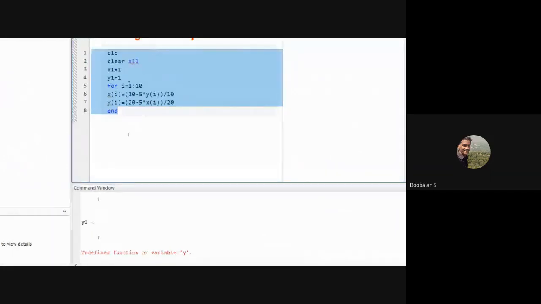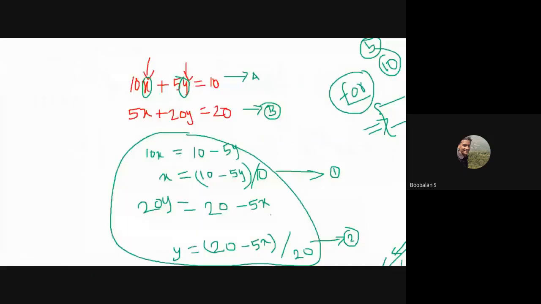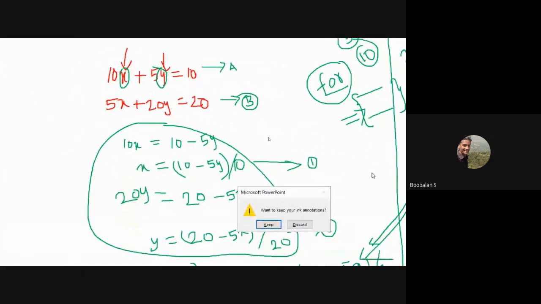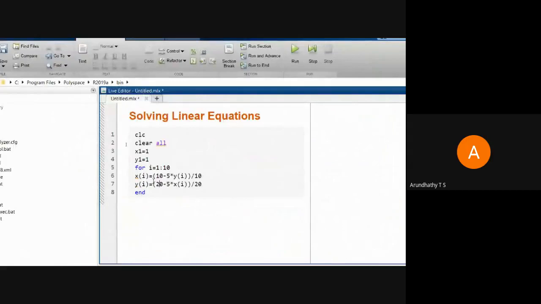Again, it's now undefined variable y1. There's a small issue, right? Find where the error comes from and why y1 is not getting updated. Check in your MATLAB where the issue actually is. Sir, I'm getting the same error, sir. Same error, check here. Is it because of the brackets? Which one? This one? X of i, we have put i within brackets, no, sir.